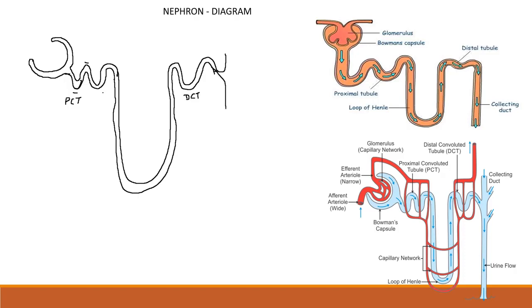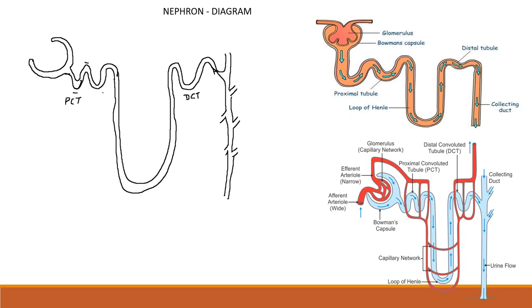So here our collecting duct is started, and you can mark these openings from where the urine is coming to the collecting duct, and this collecting duct will pour urine in the